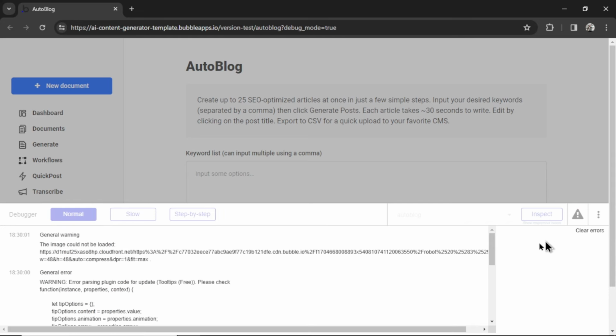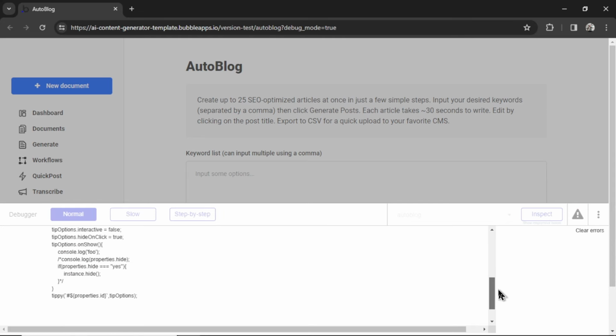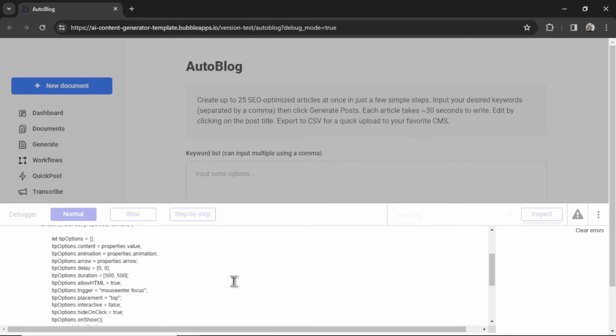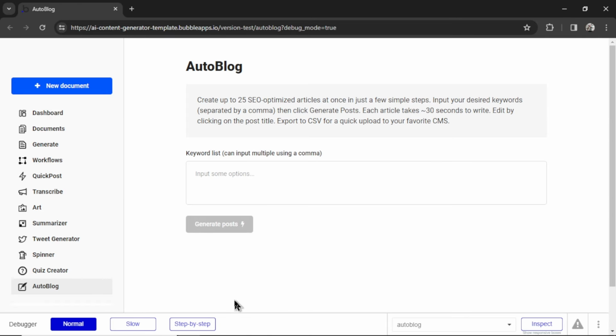If you click the red warning sign, you can get immediate errors right into the console. This is telling me that the plugin code is out of date. So I would just go in and delete the plugin or update it. But if you want to see what's happening with your workflows in the back end, that's where you use these three buttons down here. If I click slow or step by step, and then I do something on the page, it's going to walk me through what the workflow is. And if anything's getting caught, if it's not working as expected, we can catch what's happening and then fix the